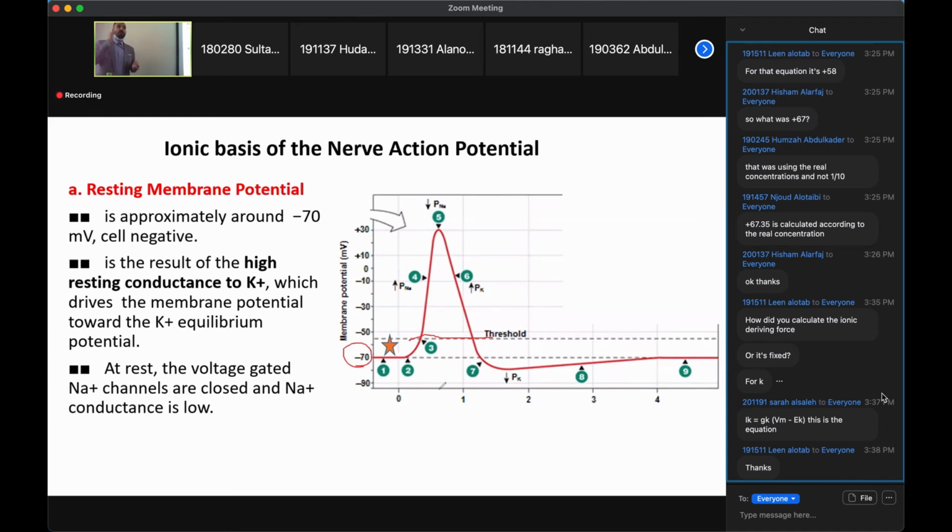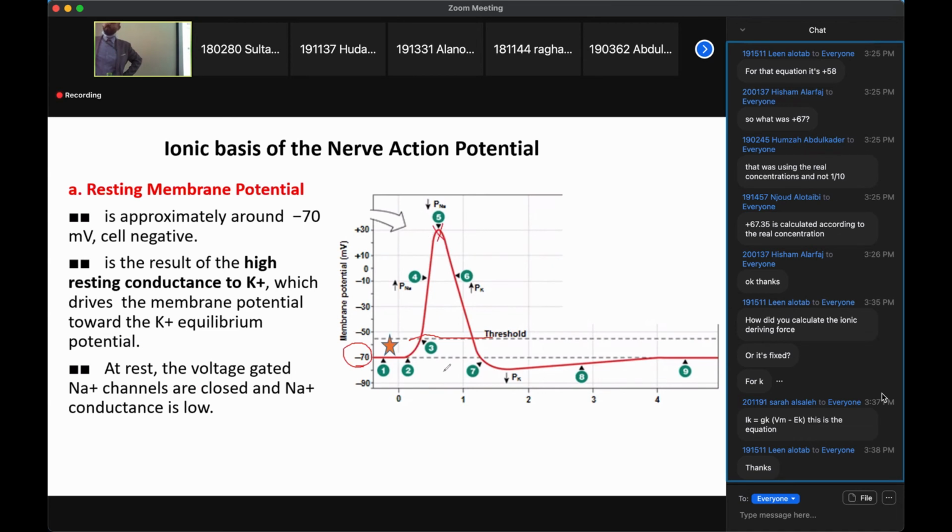Why does it enter to the inside, not to the outside? Because, very good, mainly because of the huge ionic driving force for sodium to go to the inside of the neuron. And so it goes to the inside in the direction that it wants to take the membrane to its equilibrium potential. But does it reach the equilibrium potential? It doesn't. It only reaches around positive 35 millivolt.